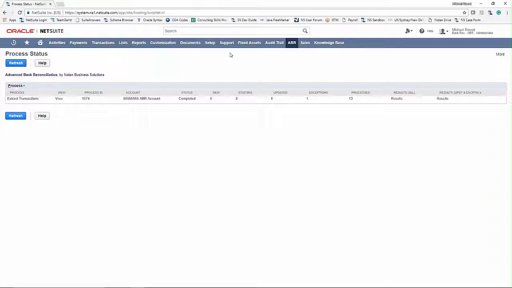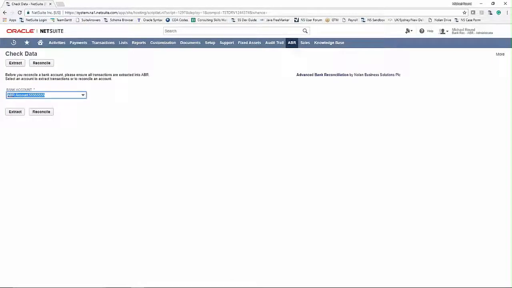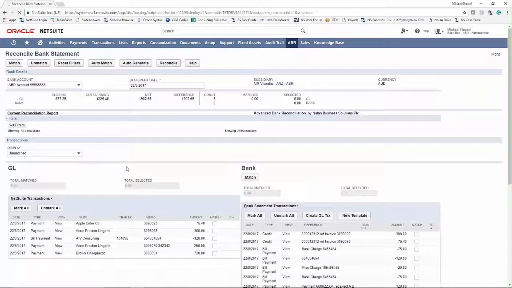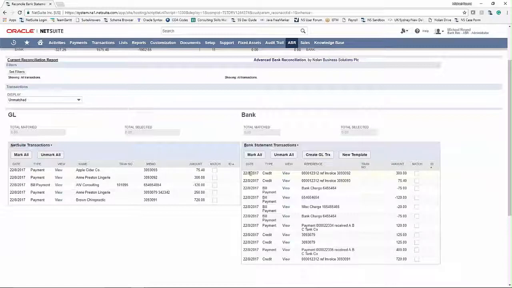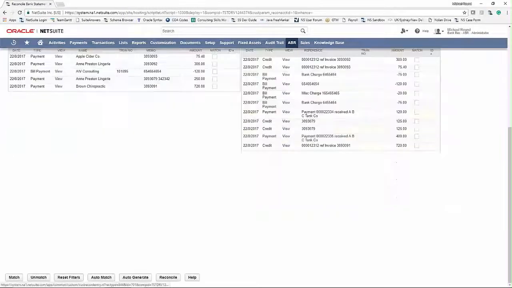So the third step, if we go ahead and hop into our Reconcile bank statement screen, we can nominate the bank that we want to reconcile. It will give us a really nice side-by-side reconciliation window. This will show us our general ledger bank transactions on the left-hand side, and our bank statements on the right-hand side. Notice that we've got a couple of potential matches right off the bat. So you can see a payment for £75.40